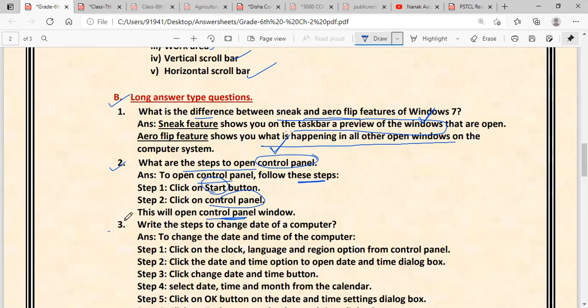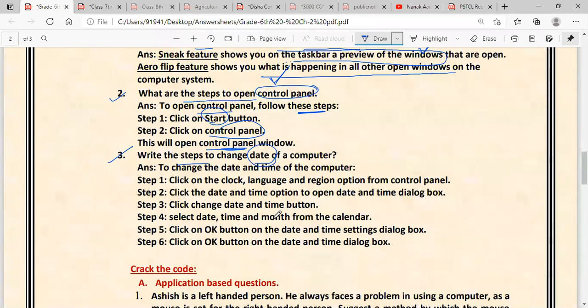Now the next question is, write the steps to change the date of a computer. Suppose you want to change the date of a computer. To change the date and time, first go to the Control Panel, then select the Clock, Language and Region option, then click on the Date and Time option to open a Date and Time box.